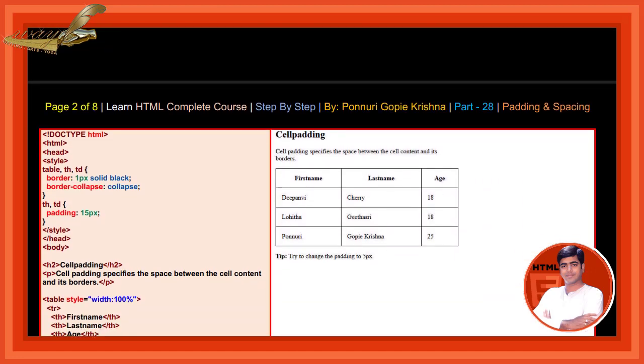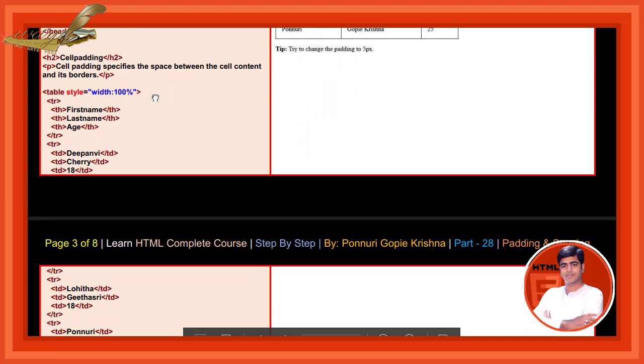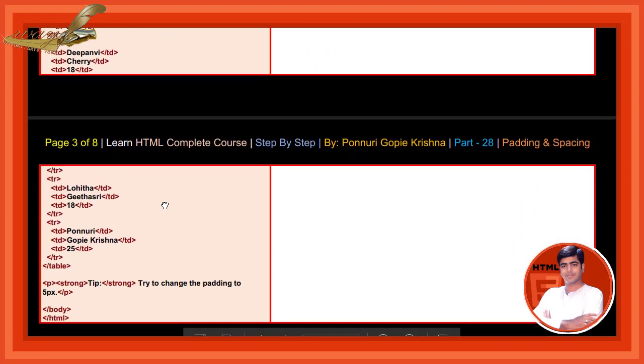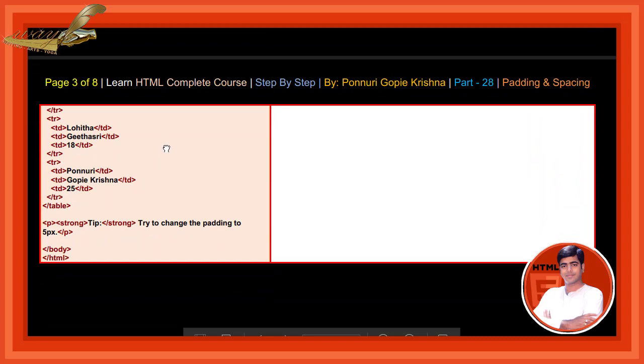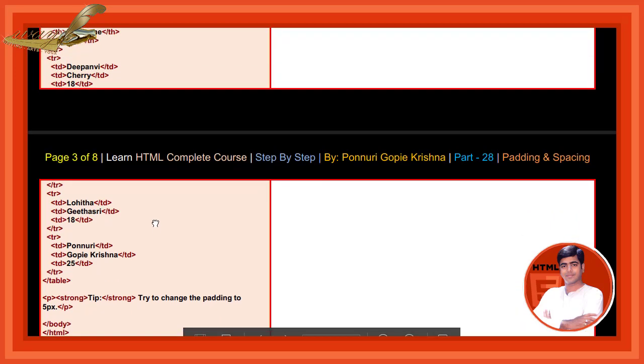See the code and result. Now we are using the CSS property padding 15% here, for th and td. See, by writing and executing this code, try to change the padding to 5 pixels. See here, down, strong. Now writing this code,